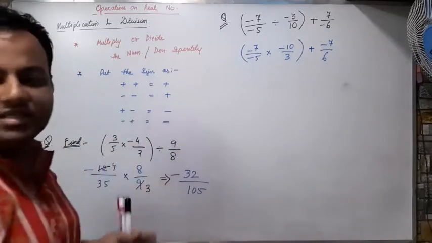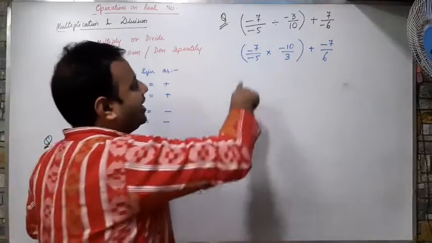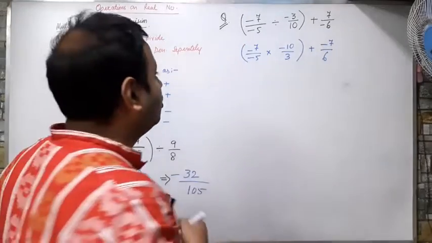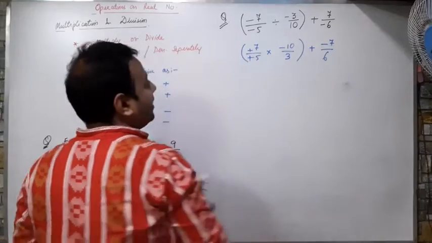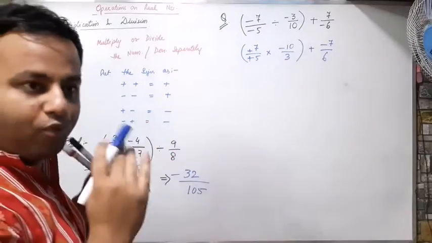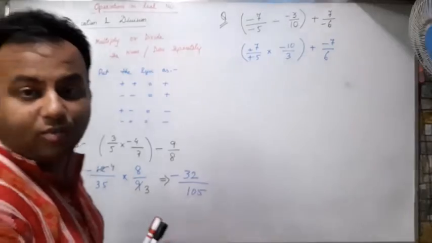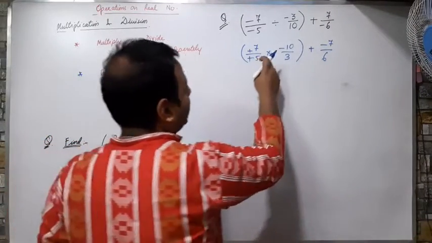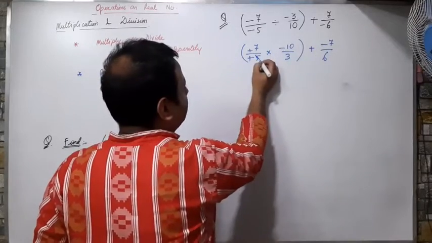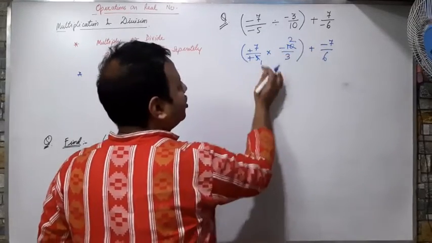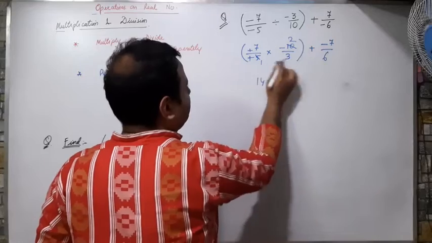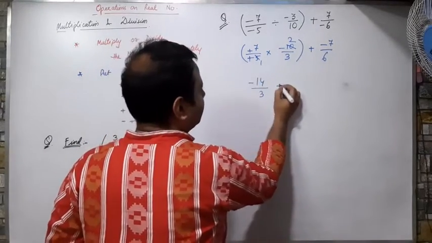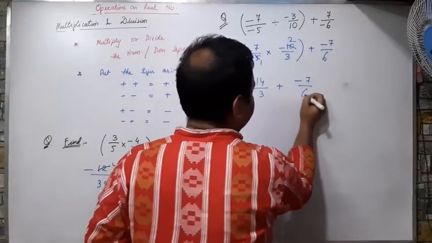Okay, now the question is clear. Now I have a negative sign in both places, numerator and denominator. So what will I do? I will strike them off and make them plus. If both negative signs are present in numerator and denominator, I will cut them. So what am I getting? I will get here multiplication. So I can solve this: 5 ones are 5 and 5 twos are 10, so 7 twos are 14 and 3 ones are 3. And the symbols are -14 plus -7 by 6.